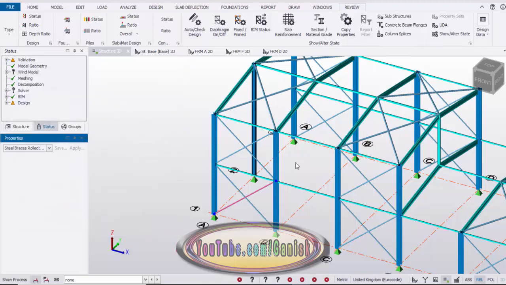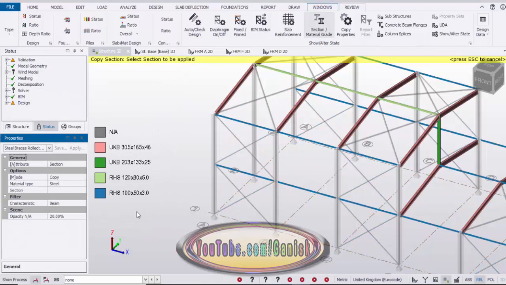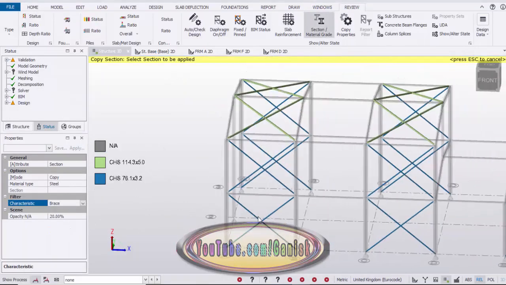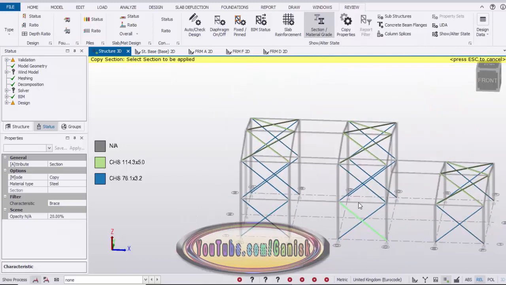Click on select, click on escape to exit the command. Now click on section and click on here and select this brace. Currently we have the same size in the side bracings.